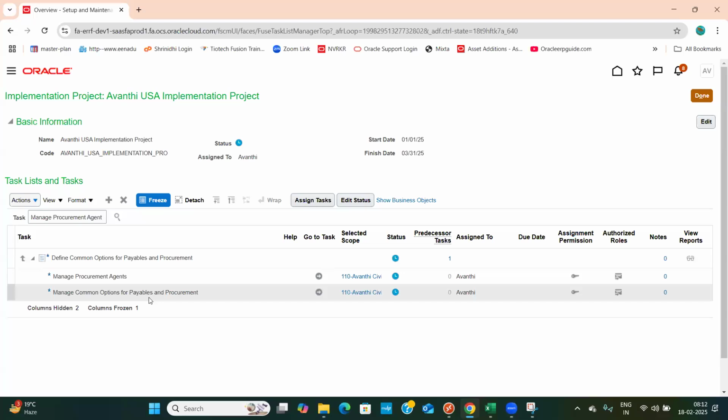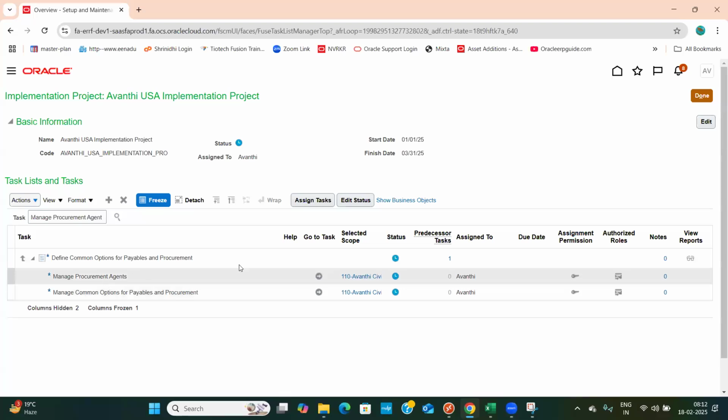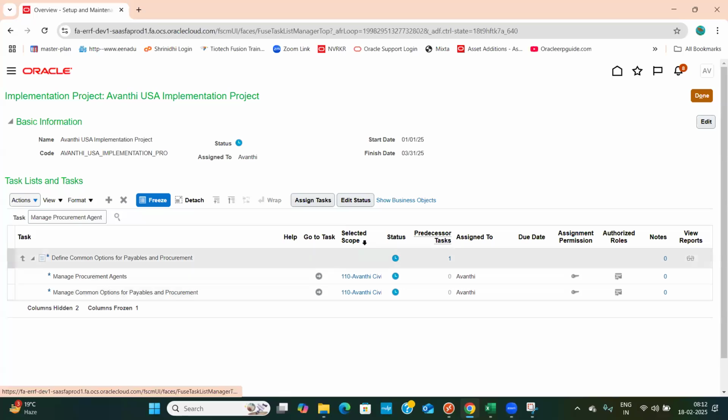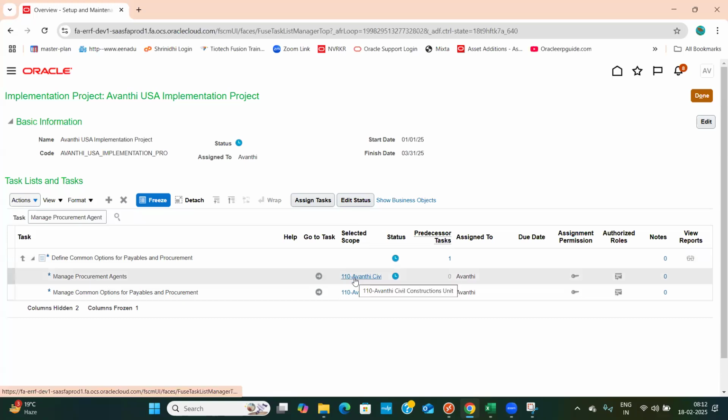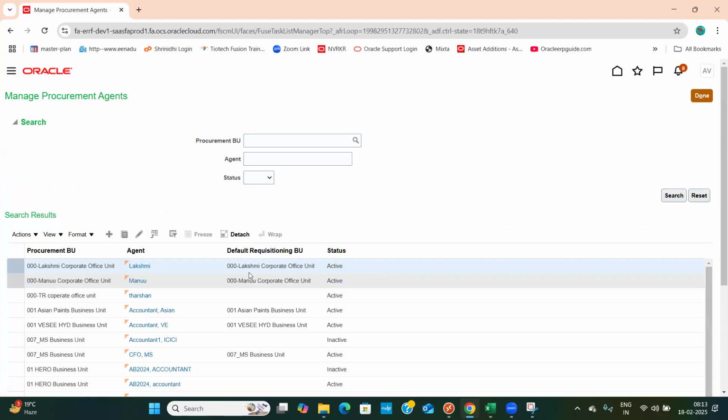Because I said this is specific, manage procurement agent is specific to a business unit, it is asking us to select the scope. So if you want to create him for the second business unit, here you need to change the business unit from 110 to 120 and create him in the same manner. Now go to task. Business unit is already selected. So for this 110 business unit only, we are creating him as the procurement agent. So now here click on the plus button